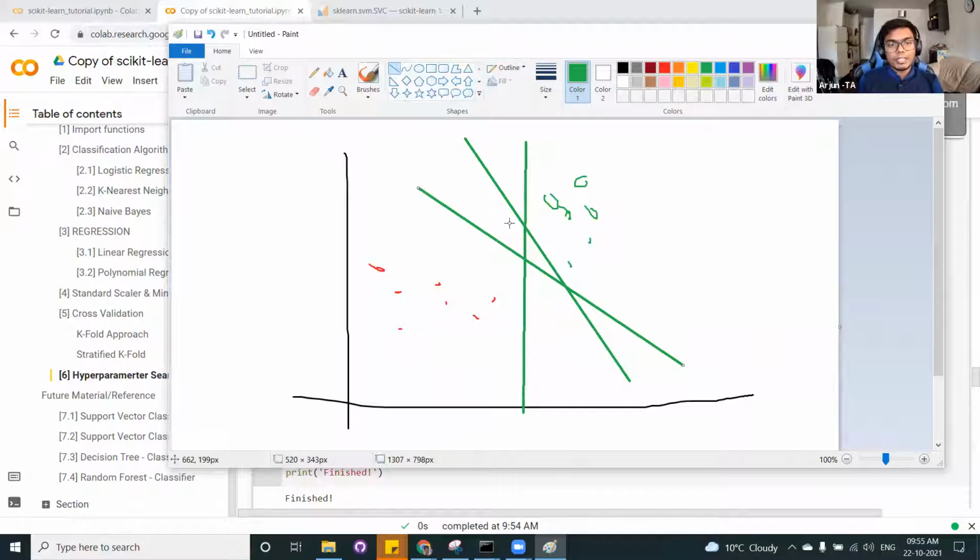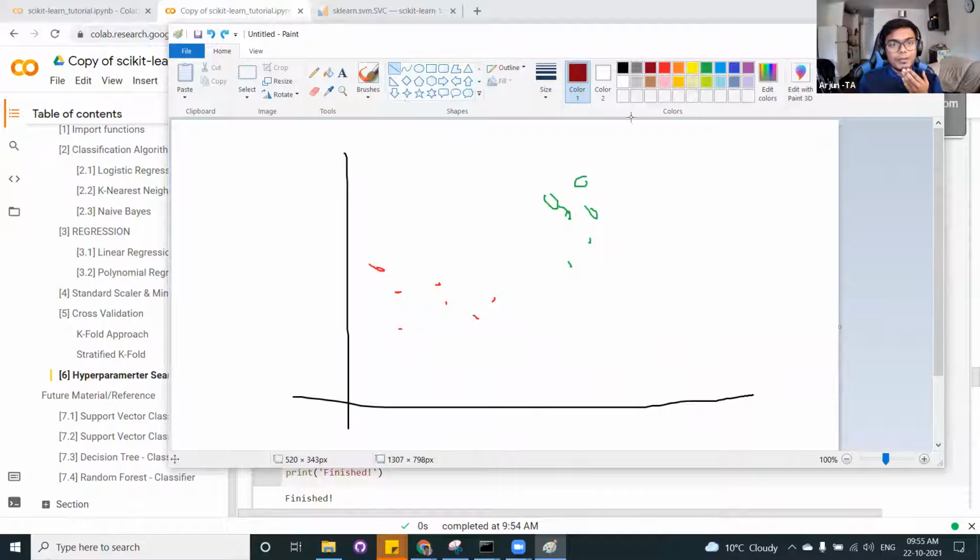But intuitively, if we draw a line here, from here you get a very good range, and from here you get a very good range.